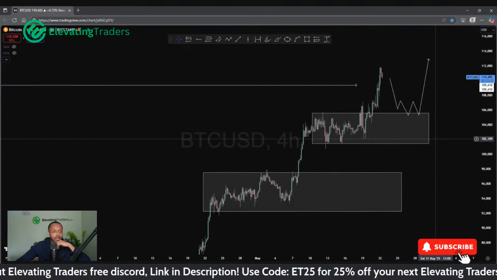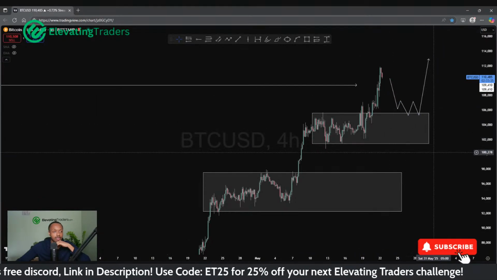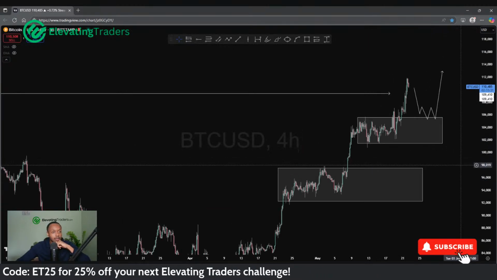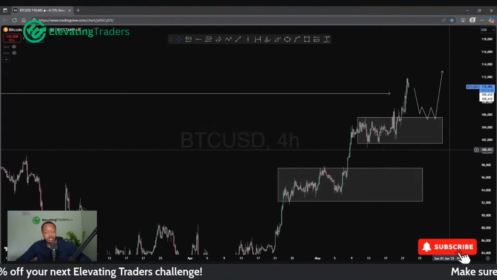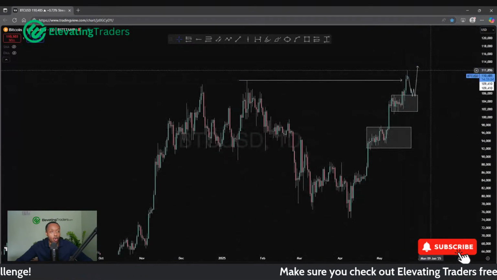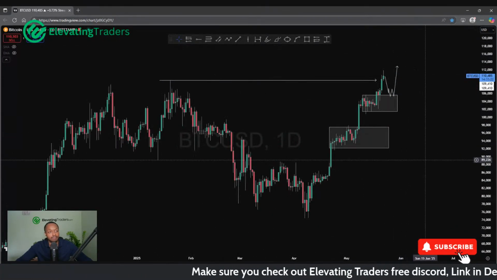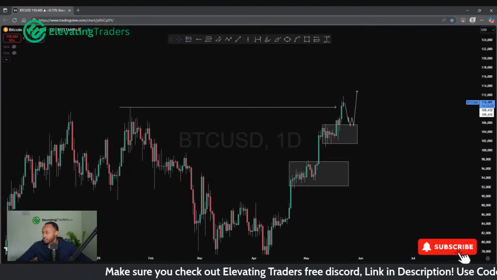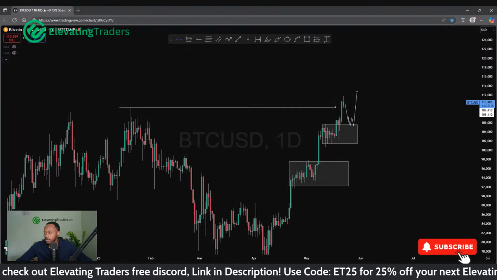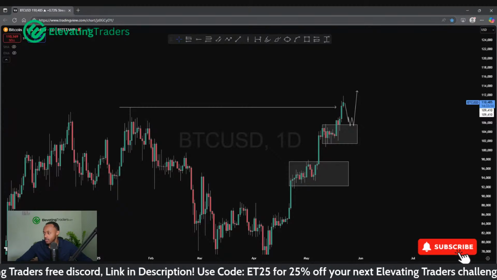Nice range here, price left behind around 106K. I think that's a smart place for a buy, and potentially looking to continue Bitcoin higher. But yeah, impressive stuff for Bitcoin. Definitely a bullish market still. But what we do at this high is going to be very important. So that's kind of my take on Bitcoin. We'll go through USD JPY next.